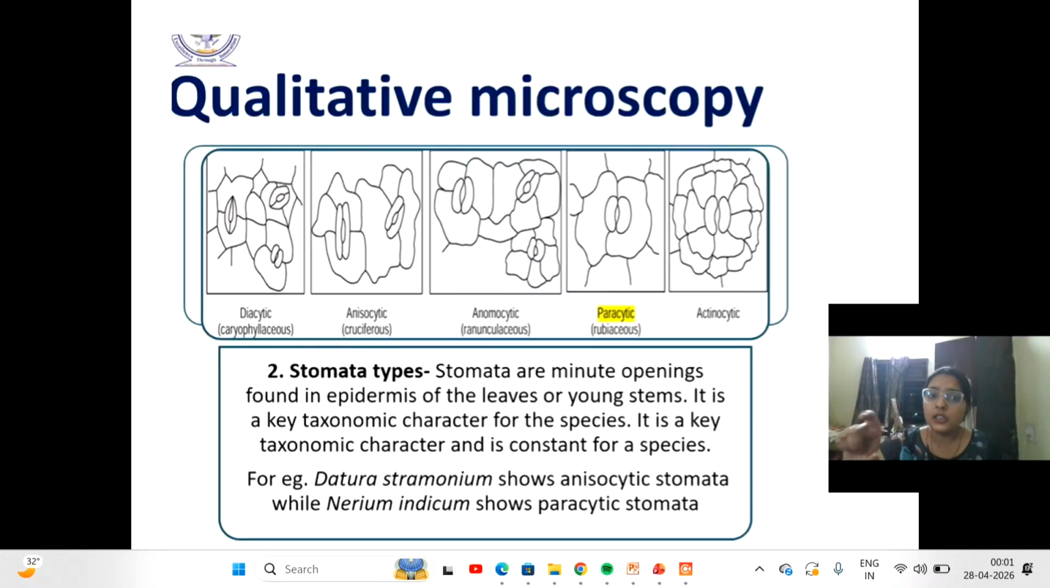Stomata are multiple openings found in the epidermis of the leaves or young stems. It is a key taxonomical character for the species, and a constant for a species. Okay, for example, Dhatura stramonium shows anisocytic stomata. अब ये एनिसोसाइटिक स्टोमेटा ही शो करेगा और कुछ शो नहीं करेगा अगर हम इसको आइडेंटिफाई करते हैं। तो वाई द नरियम इंडिकम शोज पैरासाइटिक स्टोमेटा।